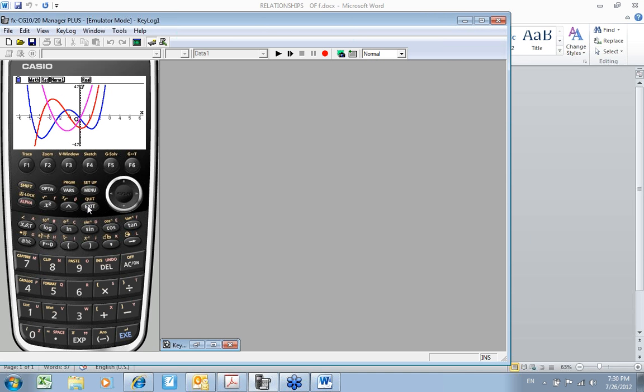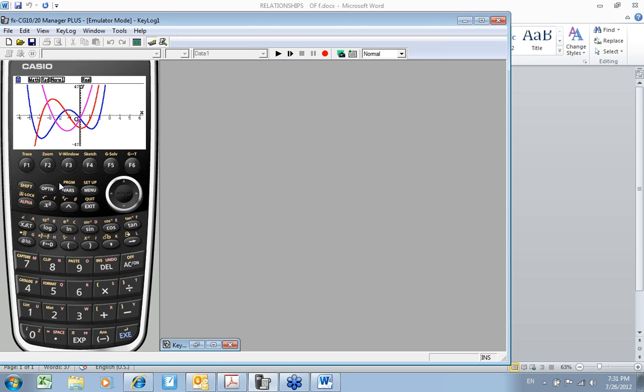And I could go in there and draw my vertical lines again. This time, I might want to talk about the relationship between, there's lots of things I can do here. I could talk about first derivative, original function and second derivative.